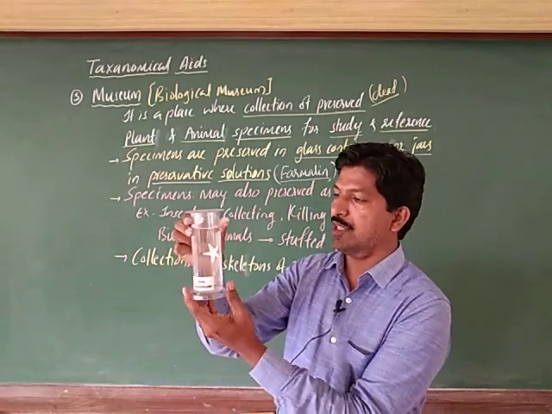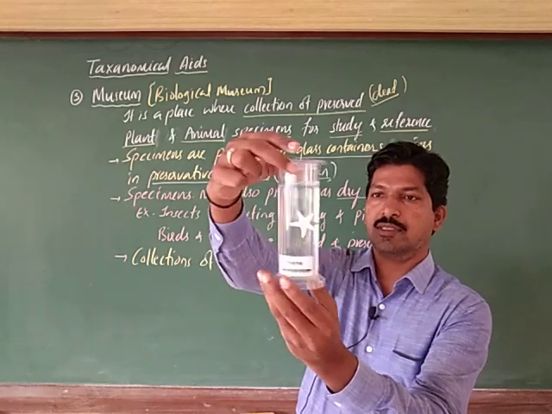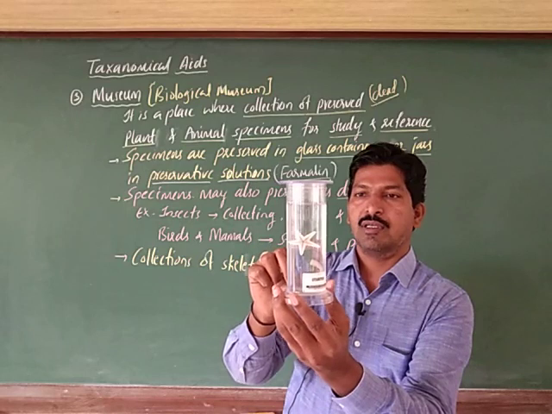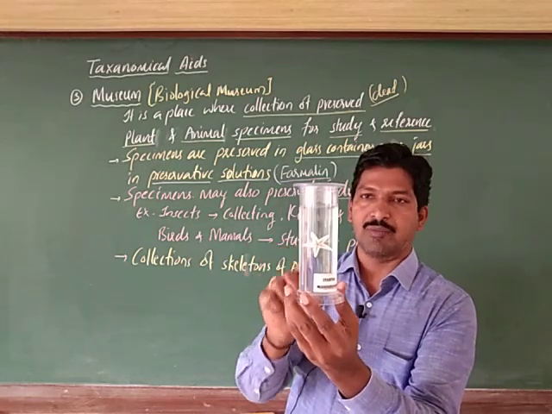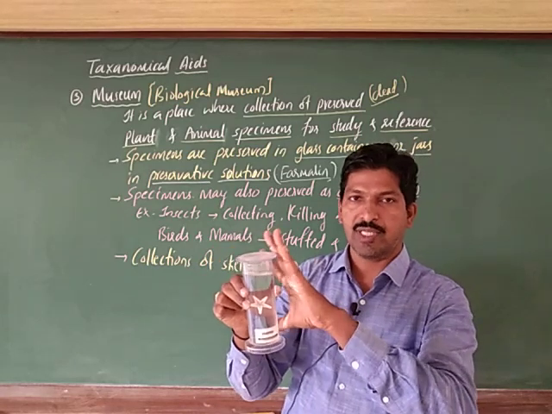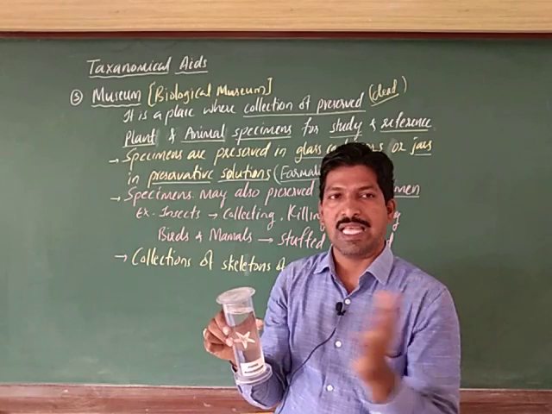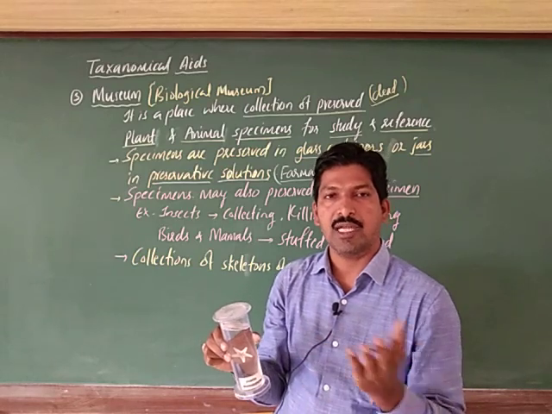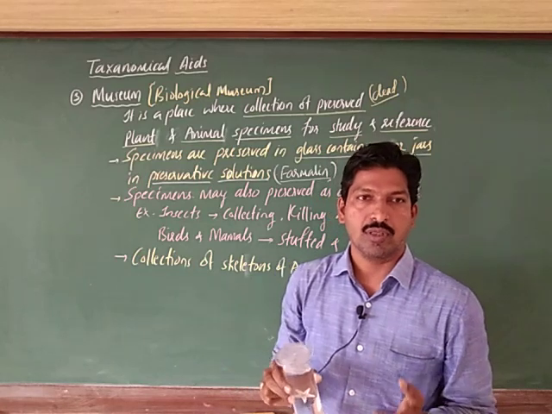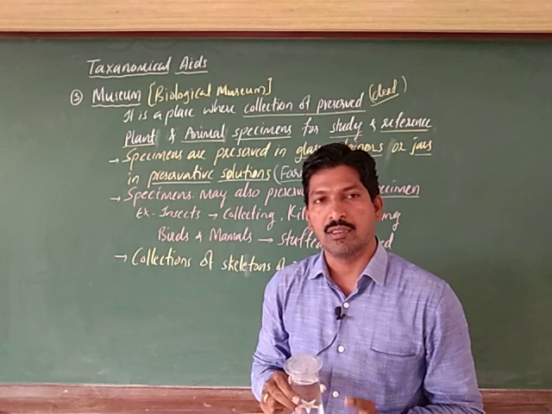For animal, starfish is here. You can observe it, starfish it is. See, this is the jar which is containing starfish and which is stored in formalin. So, this is called a specimen. Such many specimens, as for the classification, plant specimens and animal specimens, are stored in glass cupboards. So, that is what we call a museum.